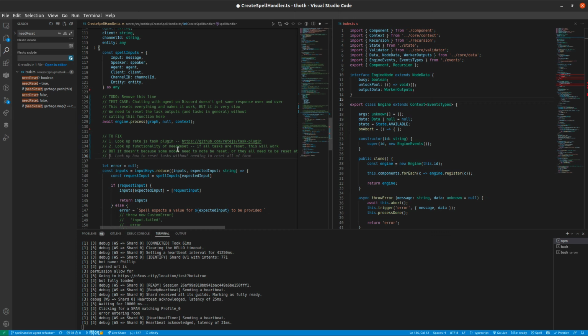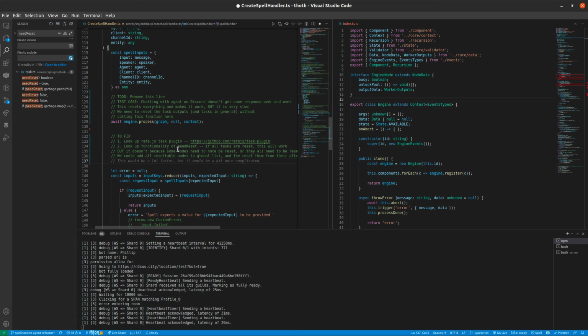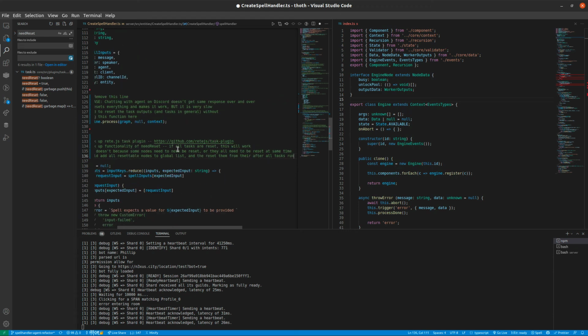So we could add all resettable nodes to a global list and then reset them from there after all tasks run. And so that's, I'm sorry that I'm kind of speaking this out as I write it, but essentially